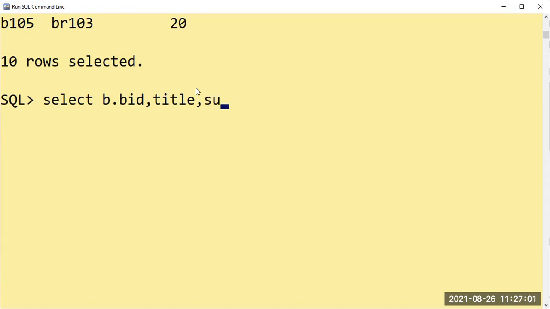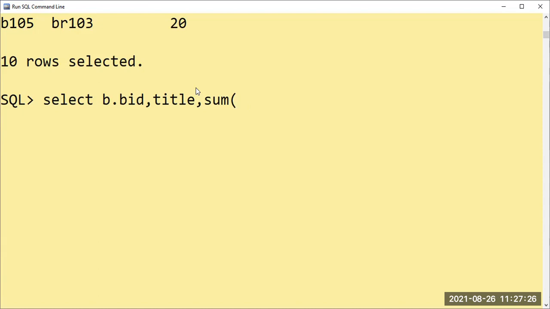So first of all, I'll write sum, and then for which column? In brackets, we always specify the column. In the last lab or last discussion, we did sum of salary. We had taken the employee table and we were finding the salary, that is total, average, maximum, minimum. So here what are we going to take? NOC. Why NOC?